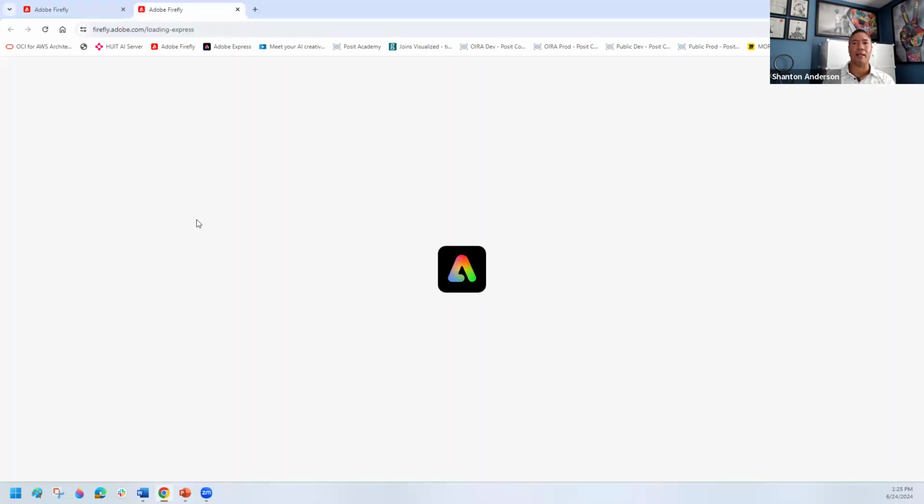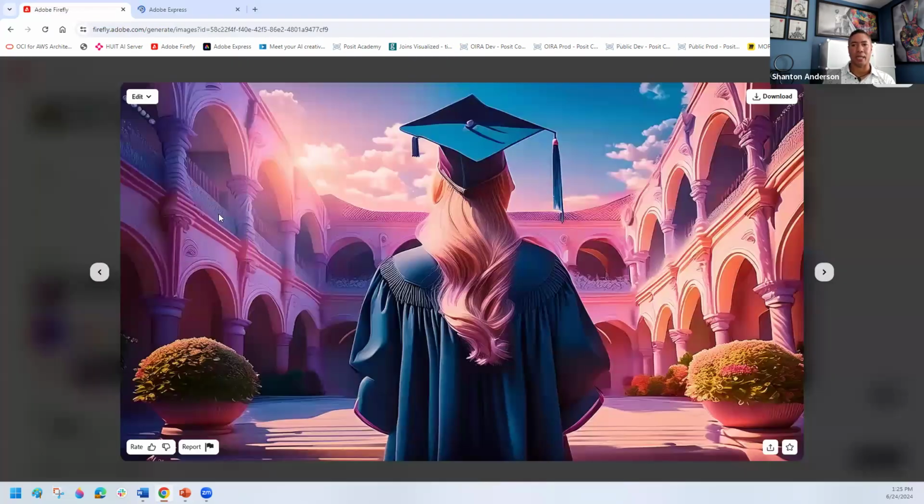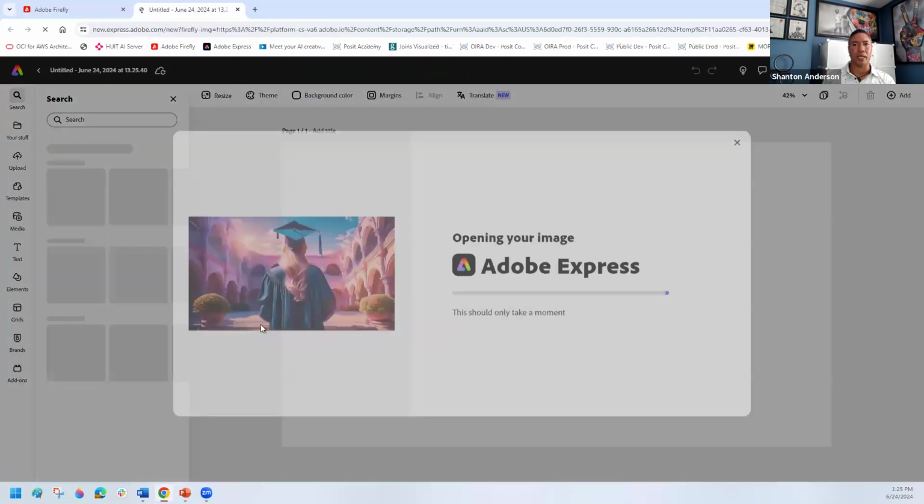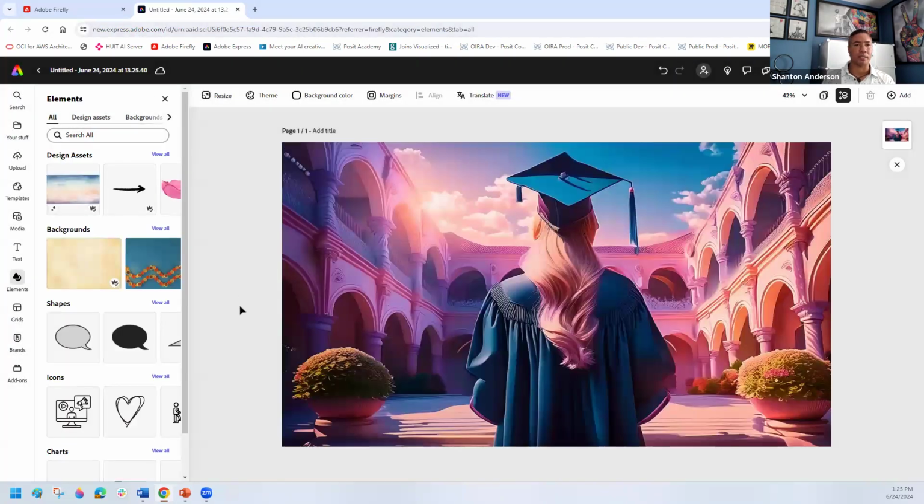So when I click that, it's taking the image that I created here and it's bringing it directly into Adobe Express. So the two are integrated with each other. And now it's the same exact image, but in a different tool. I'm no longer in Firefly. So going back to my slides,